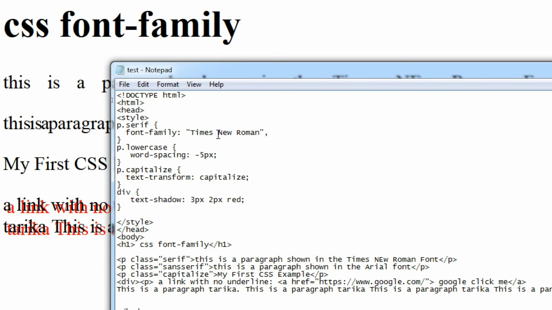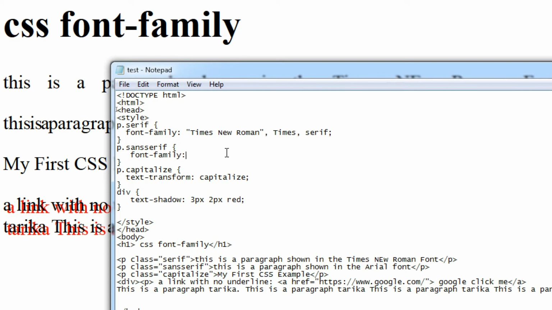So next in the list I'm going to use Times, and next I'm going to use serif, closing the declaration. In the second one I have used sans-serif, so here I'm going to write sans-serif, and in the declaration I'm going to write font-family.